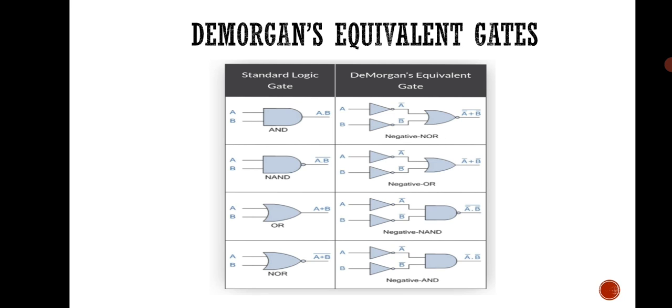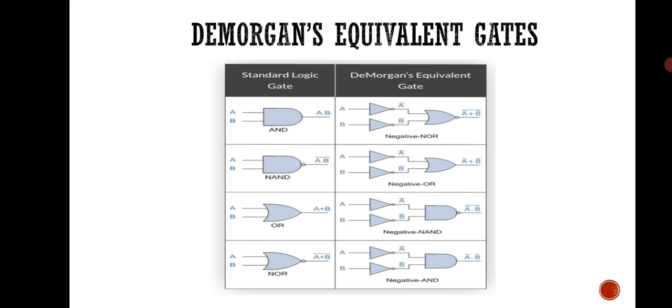Now I just wanted to explain how De Morgan's equivalent gates look. See, the first one is an AND gate, that is in the standard logic gate section. The De Morgan's equivalent will be like A dot B is the AND gate. How we can make it as a negative NOR gate is like this: here we are using two NOT gates, feeding the A and B inputs to them to get the inverted output of them. After feeding it to an OR gate, we will get the inverted operation. Means if we simplify, again we will get back the AND gate. Okay, these are the 4 examples they have given to show you these are the equivalent gates.